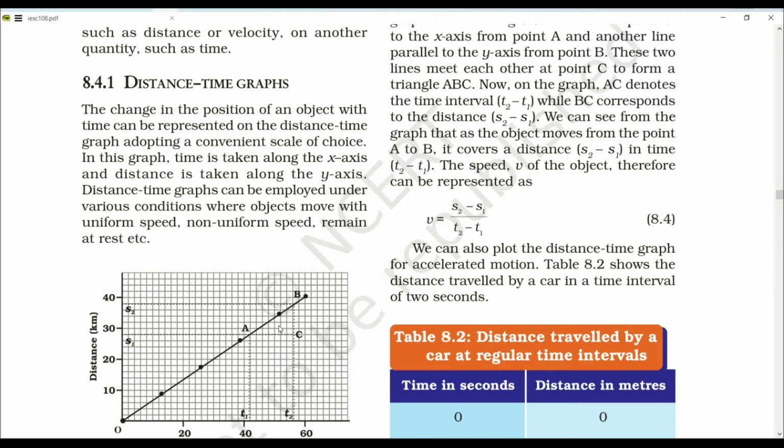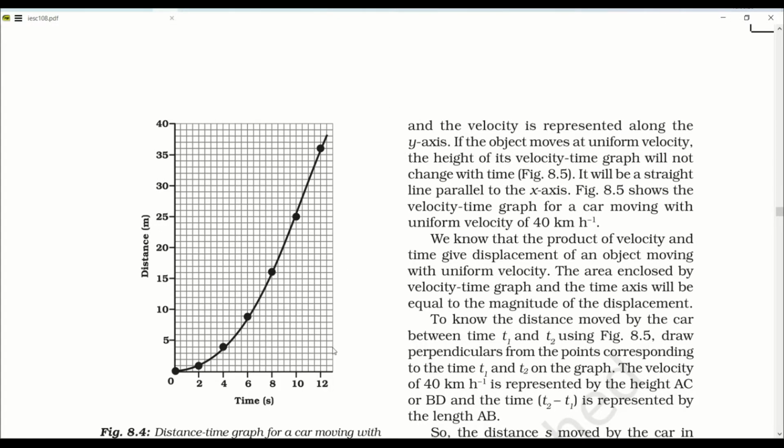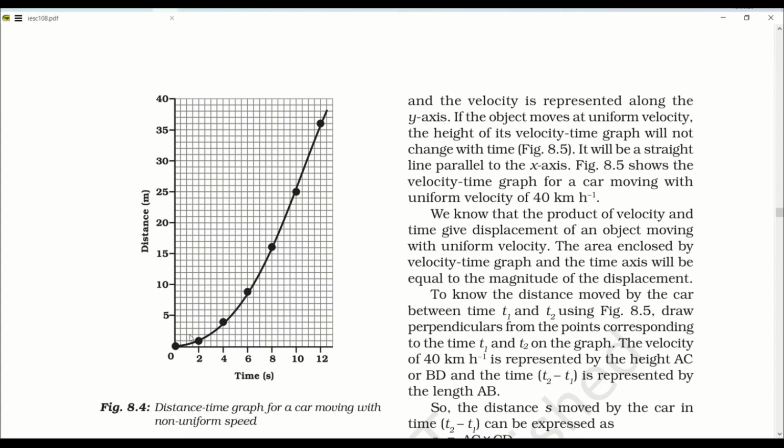the given object. Here you can see another distance time graph, and that is a little curvilinear, that it does not show a straight line, but it shows some part of curvilinear. Curvilinear graph always shows non-uniform motion, and when it is a non-uniform speed, you can say two to three things